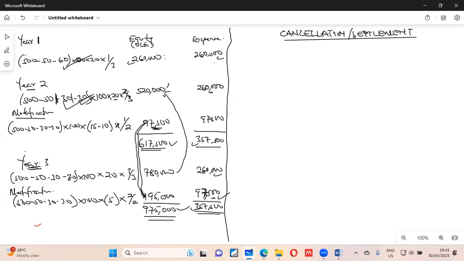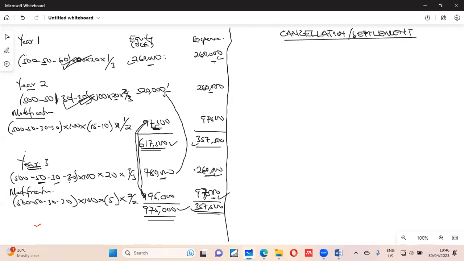So it makes everything we've done here a provision. 50 left, we made an estimate of 60 to leave for the remaining 2 years. But over here, we now know that 50 left in the first year, 30 left in the second year, and a further 30 has left in the third year. So the remaining are actual. So here, it is no more a provision. It is an actual thing that has happened. Only that we are waiting that they exercise the option. All right. So that is what has happened.